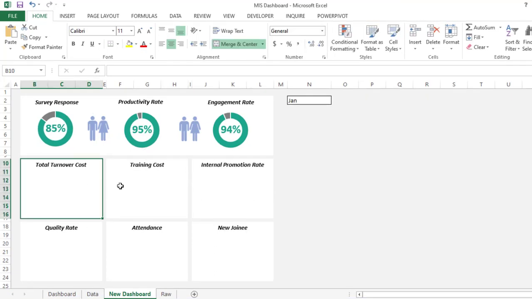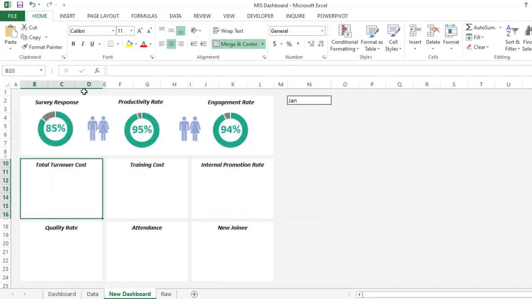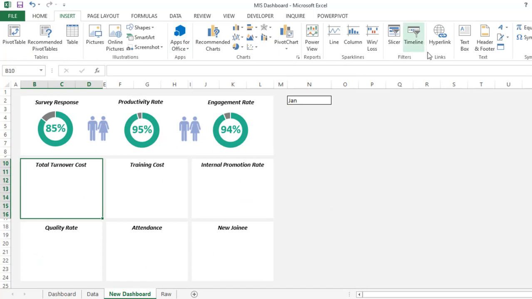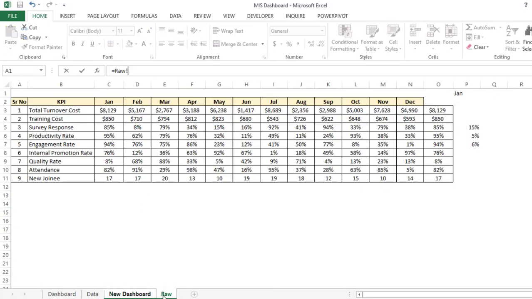The next step is we need the cell value here, like how we have in our dashboard. For that, click on the Insert tab, then go to Text Box, then click anywhere, then go to the formula bar and type equal to, then go to your raw data. Now select this particular cell, because in this cell we have used the index match formula.